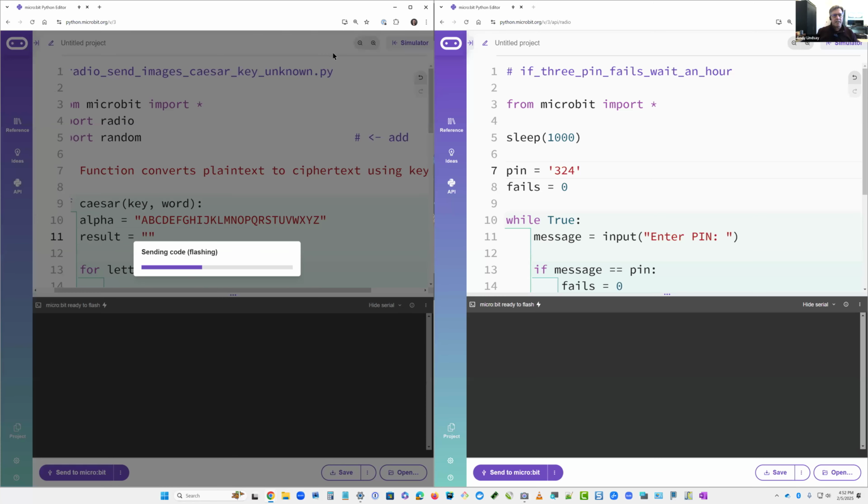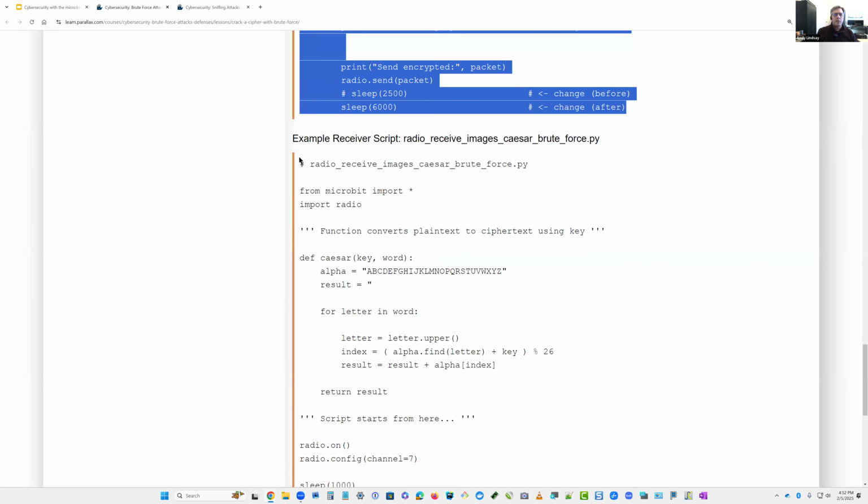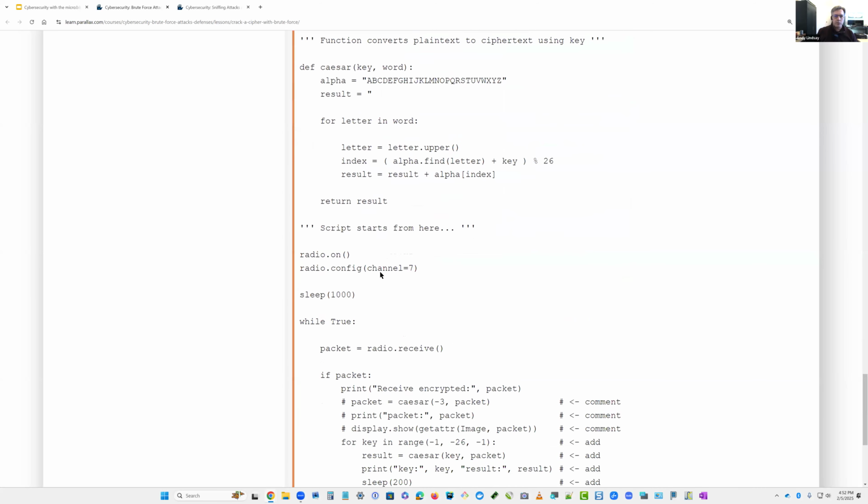Okay, so now this one's sending encrypted. And then our receiver will do the